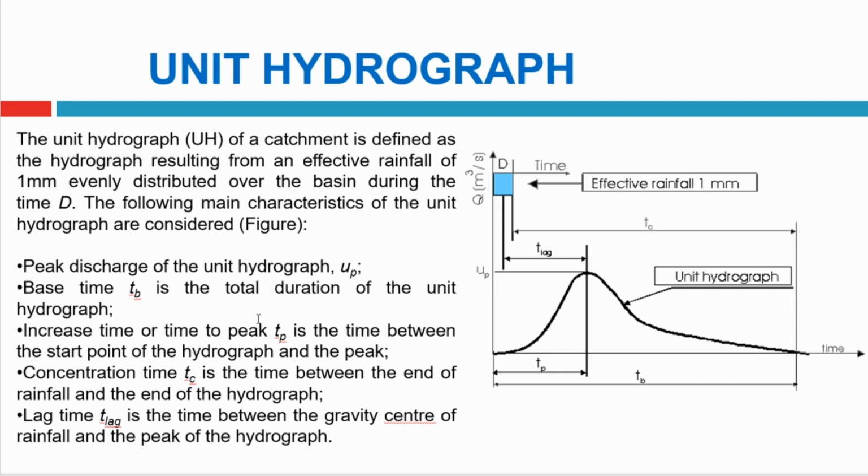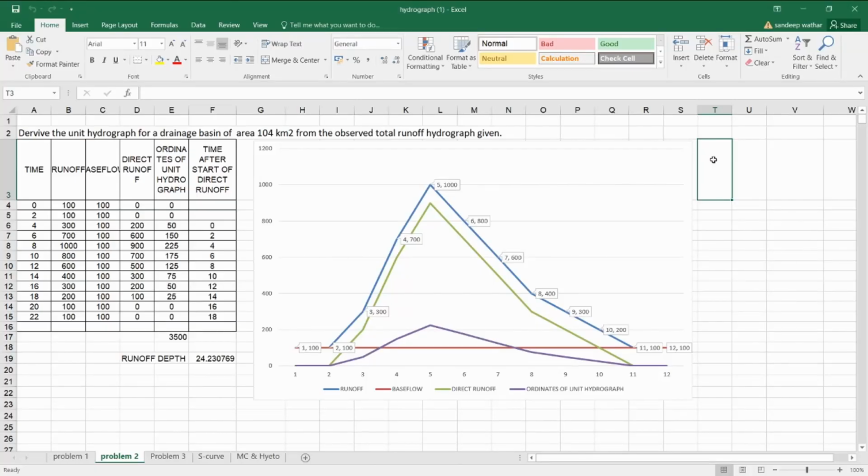Next, going with unit hydrograph. Before I explain what a unit hydrograph is, I would like to explain it with respect to a problem. We will take a problem, try to understand it, and from that problem we will identify what a unit hydrograph is. I will come back to the unit hydrograph once I explain that problem. I could have explained the unit hydrograph theoretically, but I thought it would be difficult for you to imagine what a unit hydrograph is and its importance. So I explain it with a numerical problem, so that you can imagine what your unit hydrograph basically is and why we use it.